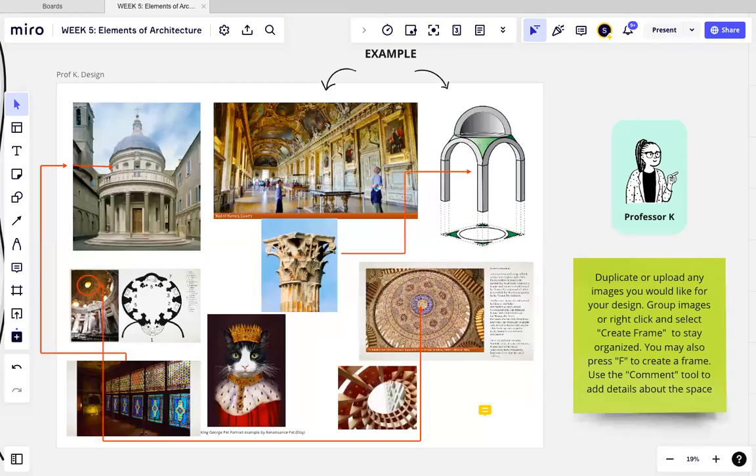Welcome back, everybody. For this quick assignment, we are going to create some imaginary spaces using elements of architecture. If you watch that intro video, you'll already know that there are many different architectural styles and spaces. So you can use that for your inspiration. I also have quite a few images from the textbook and other sources just to get you brainstorming on this